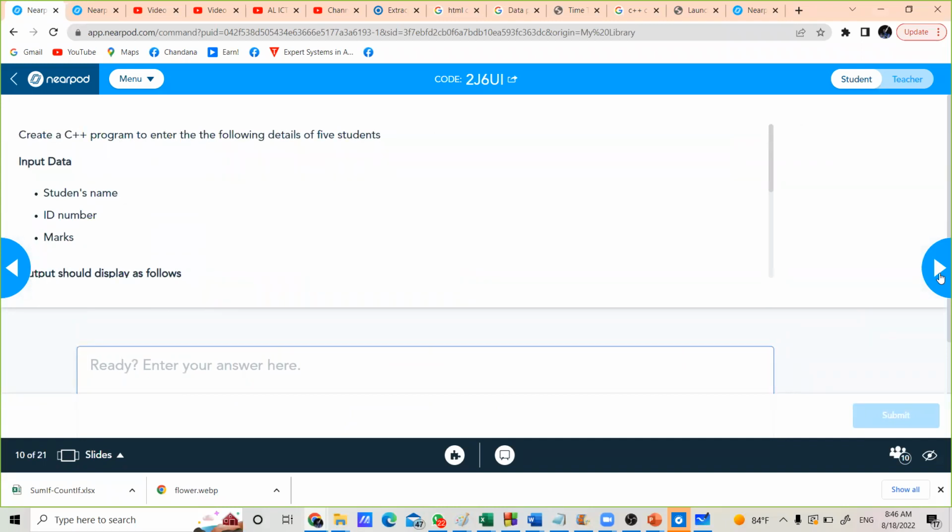Right. Here you can see the example. This is the example we want to do here. The first example today, we are starting from this example. They are asking, create a C++ program to enter the following details of 5 students. Here they are giving this